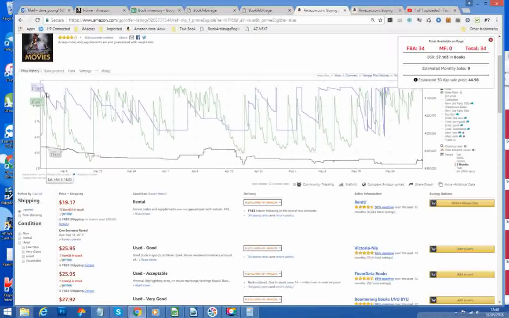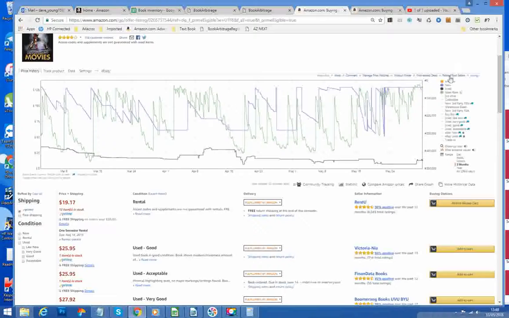Every time it spikes, 2, 3, 4, 5, 6, 7, 8, 9, 10 is a sale. This is over three months, by the way. Notice that the zero sales rank is at the top, so 100,000, 200,000, 300,000, 400,000. Looking at green lines,